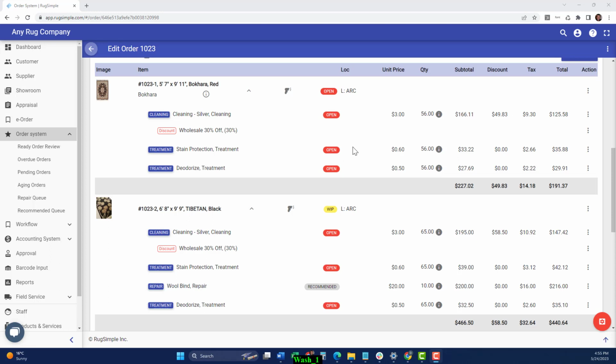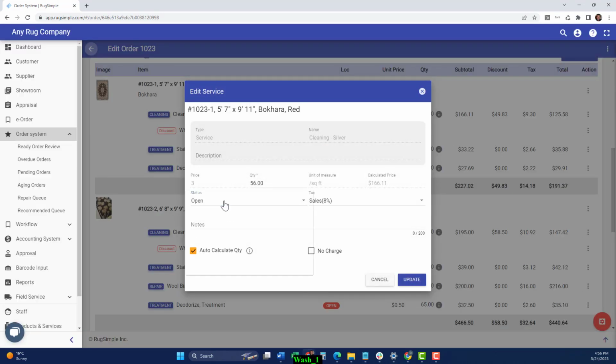The system has powerful workflow tools which involve triggers and status of services. Triggers are essentially checkpoints throughout your workflow that relay information back to the system from your plant. You'll notice that as we're building our work list of services underneath each of these rugs, each of these has a status. So you can have open status,